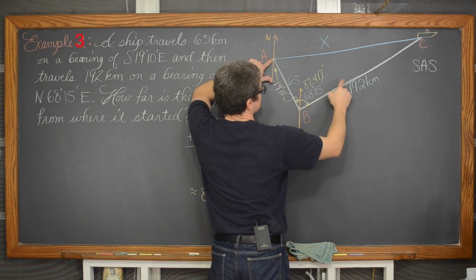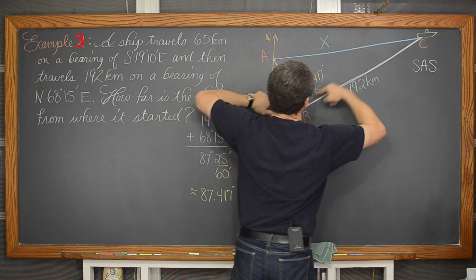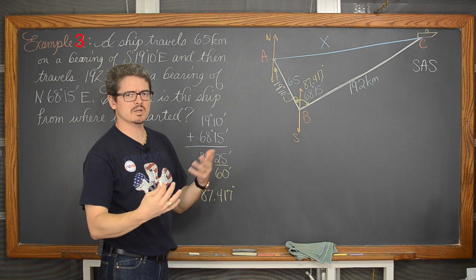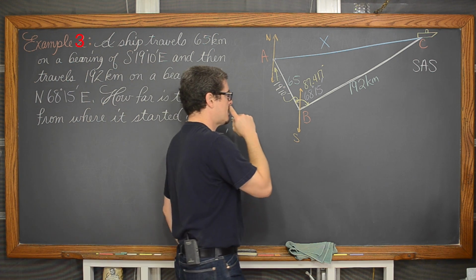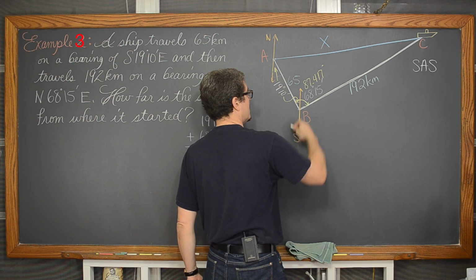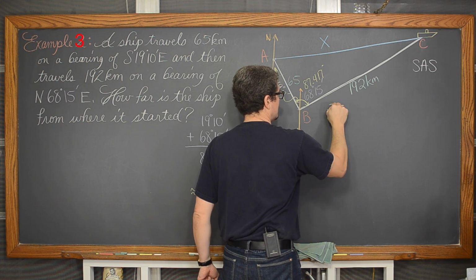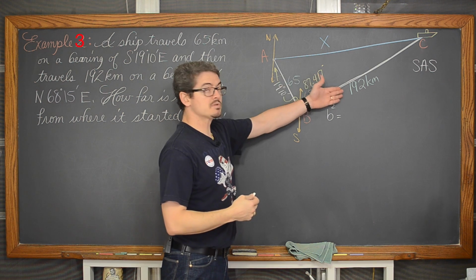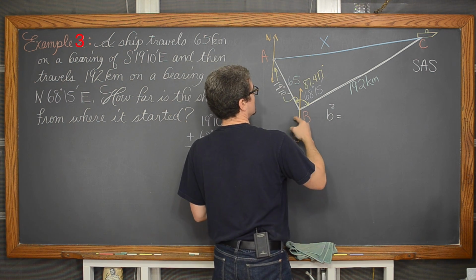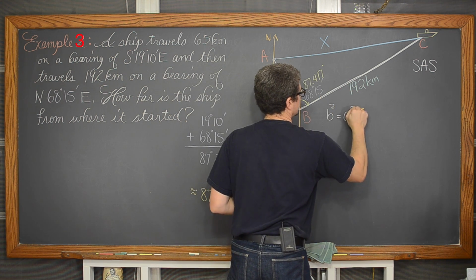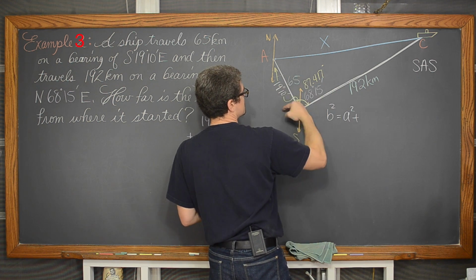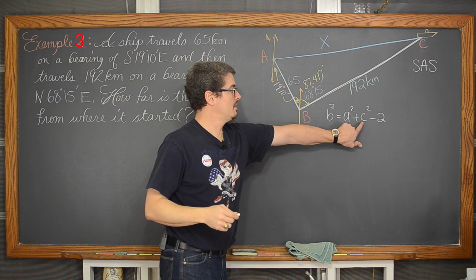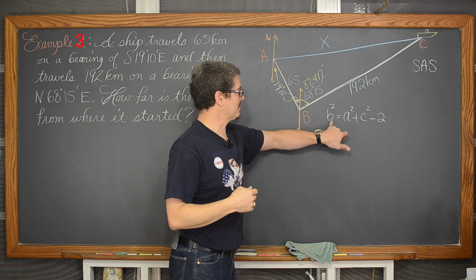So if this is angle A, this is side A, angle B, side B, angle C, side C. And the law of cosines, there's three versions, but they all say the same thing: the length of a particular side, and we're looking for side B, squared, is equal to the other two sides of your triangle squared, so A squared plus, in this case, C squared, minus 2 times those same other sides. So we're looking for side B.